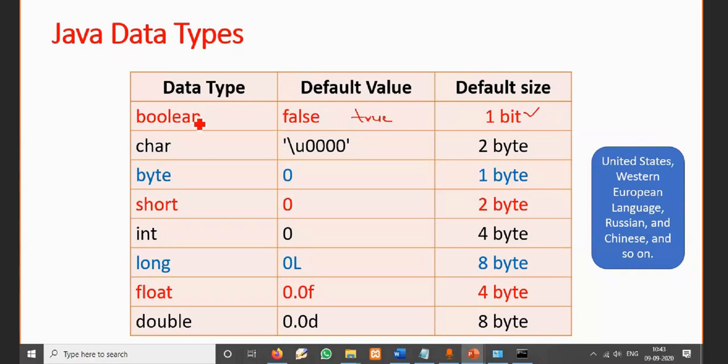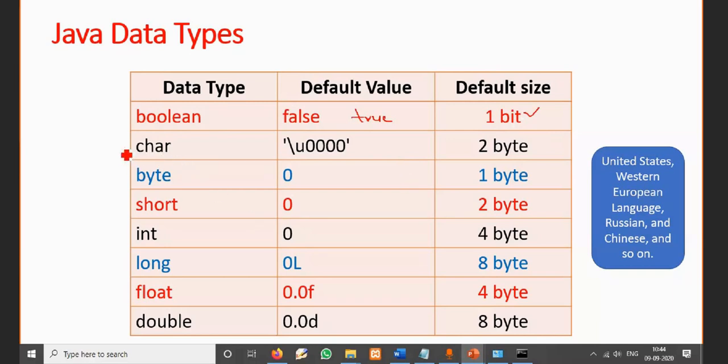So boolean is the extra data type available in Java for defining true and false. Bool is there in C++, but the memory allocation is different. Here the memory value stores false or true in a 1 byte memory location.